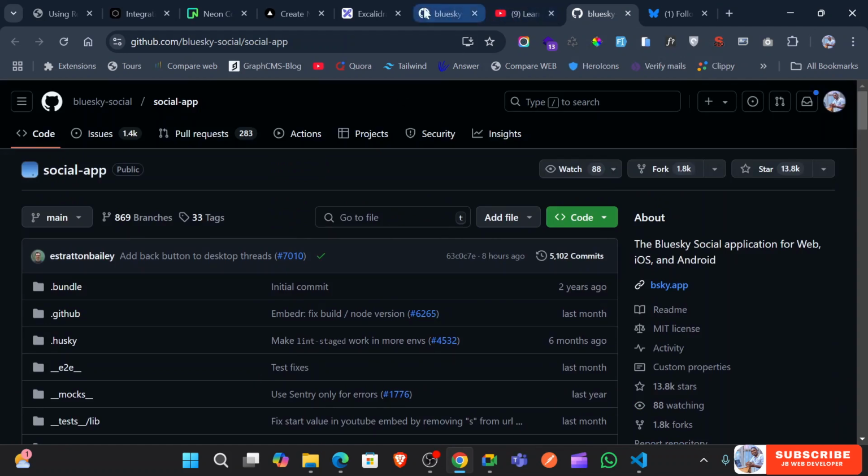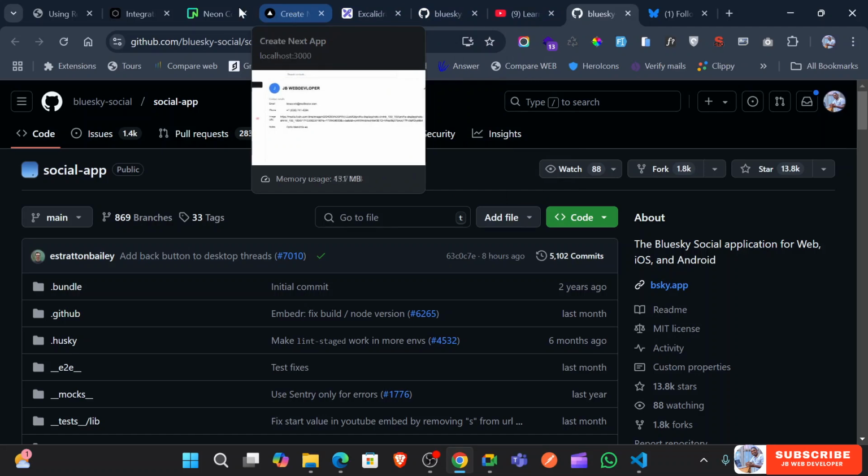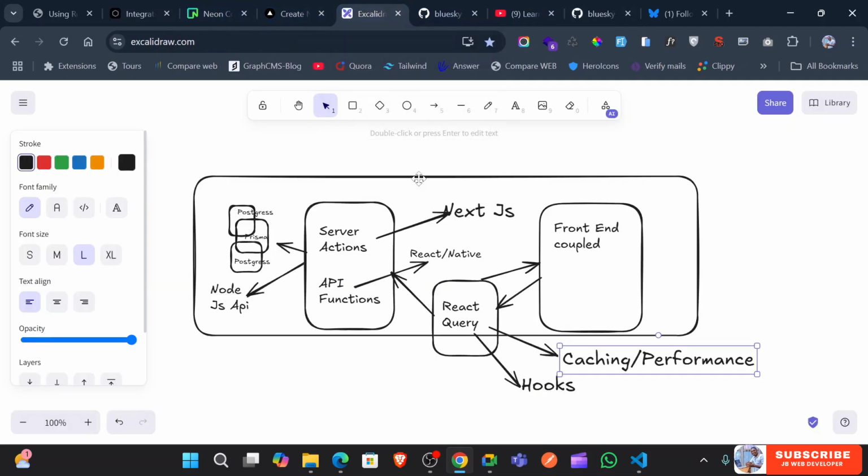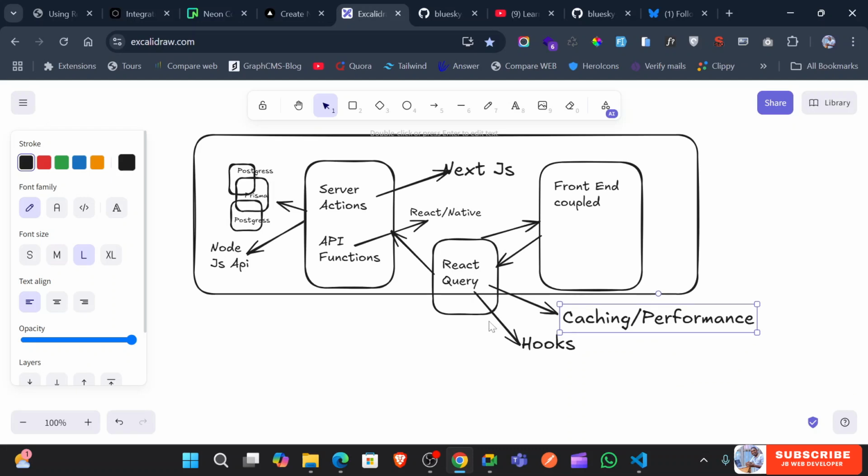Okay, so that's why I got the concept of using React Query heavily, and this optimizes a lot of things, because caching, which will lead to performance, will help you if you're using React Query, not only based on Next.js, because you're not going to build a mobile app using Next.js. Okay, so I hope now you understand the architecture, that whichever backend we have, we need